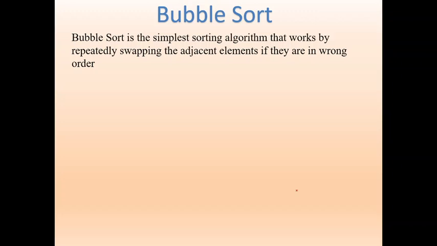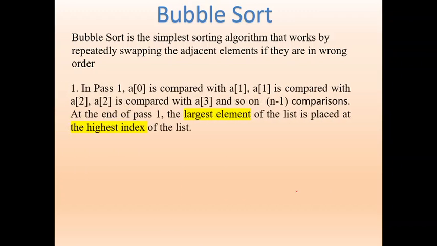What is bubble sort? Bubble sort is the simplest sorting technique among the sorting techniques. In this algorithm, we simply compare two adjacent elements. If they are not in the correct position, they will be swapped. Swapped means interchanging their positions. One element is bubbling up. Bubbling up means slowly it is moving to its appropriate position.